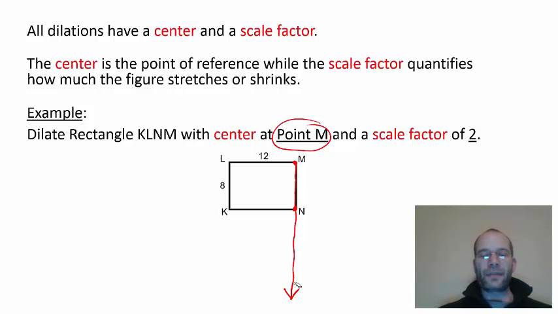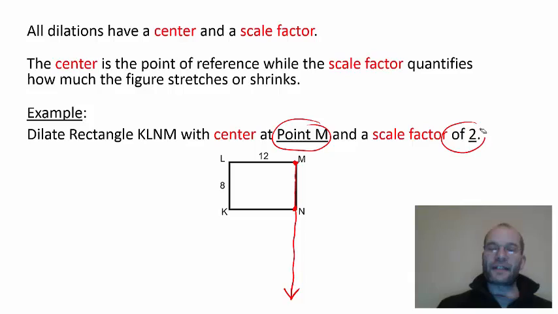Every image and pre-image will lie on a ray that has the center as its endpoint. So I've got this ray MN. I know that N prime will be somewhere on that ray. The next question we need to ask is, where will it be on the ray? Well, in order to find that, I take the distance from the center to the pre-image, and I multiply it by the scale factor. In other words, N prime must be twice the distance from M